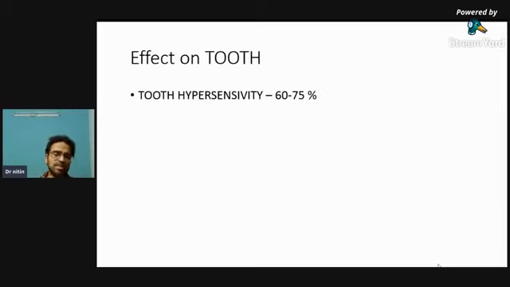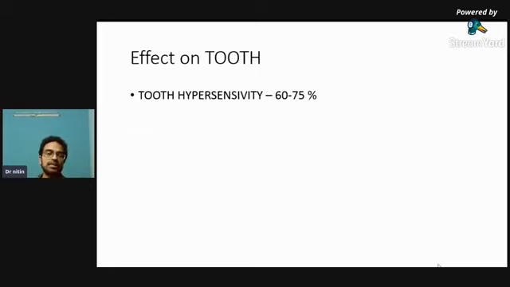You can also use these APF gels, which work great, and you can do multiple settings also. You just have to keep it for 8 minutes on the hypersensitive area and then wash it. But very important is that the gel should stay on the hypersensitive tooth. That is very important. So these are simple protocols which you can follow in your clinical practice, not only in bleaching patients but also your routine patients.